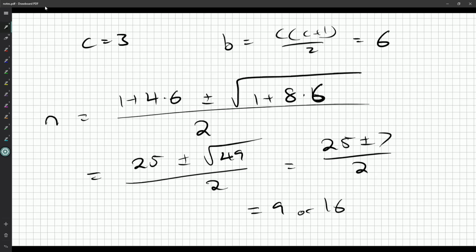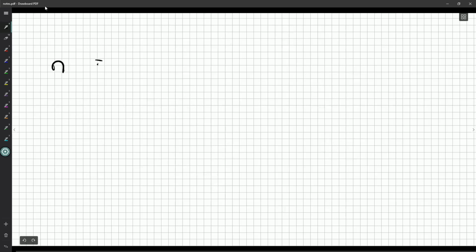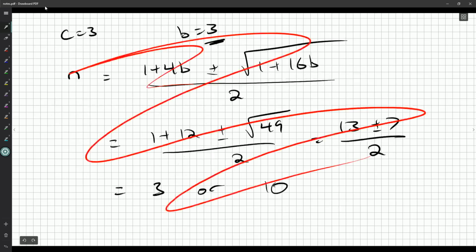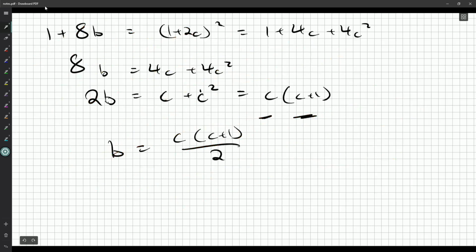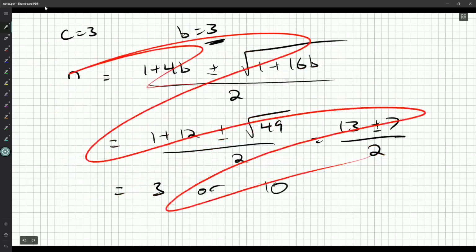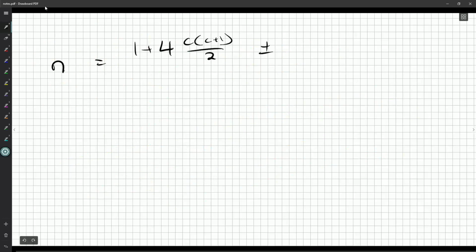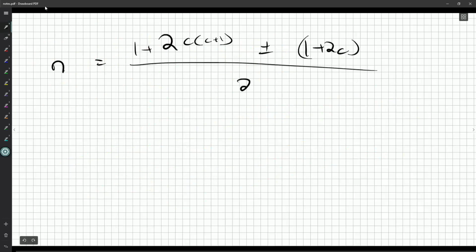Could we do this better? Yes, I think we can, because I know what the b is. It's 1 plus 4b, but b is c times c plus 1 all over 2. And the 1 plus 8b is 1 plus 2c squared. So square rooting that should just be 1 plus 2c. And we can actually get rid of the 2 there and just say it's 1 plus 2c over c plus 1. And we can divide by 2, so we can get, let's see, either we subtract